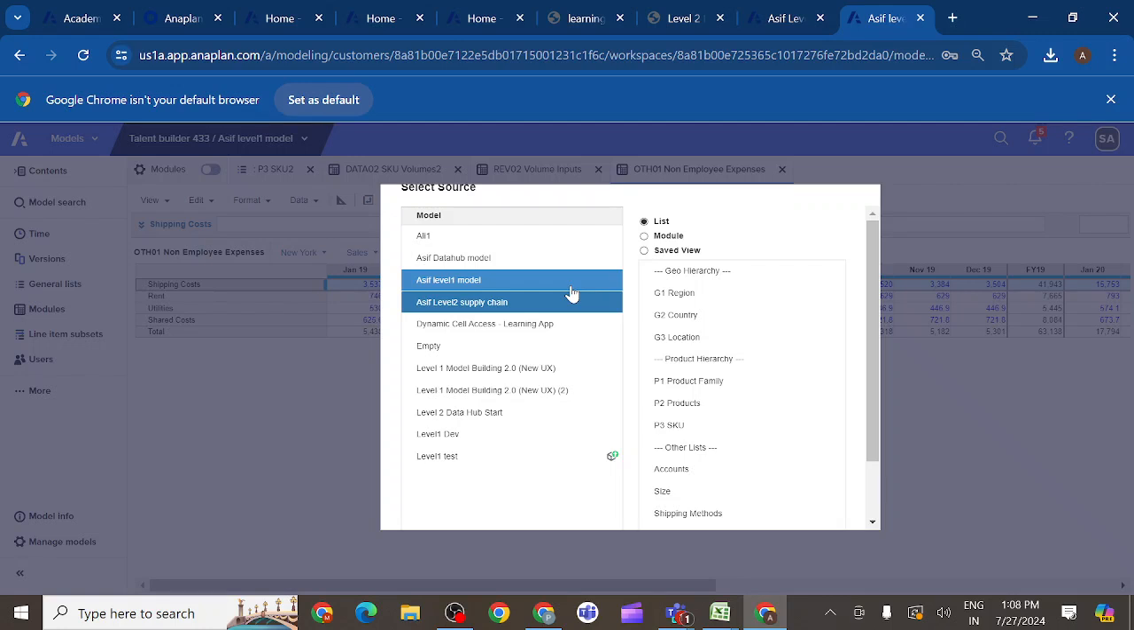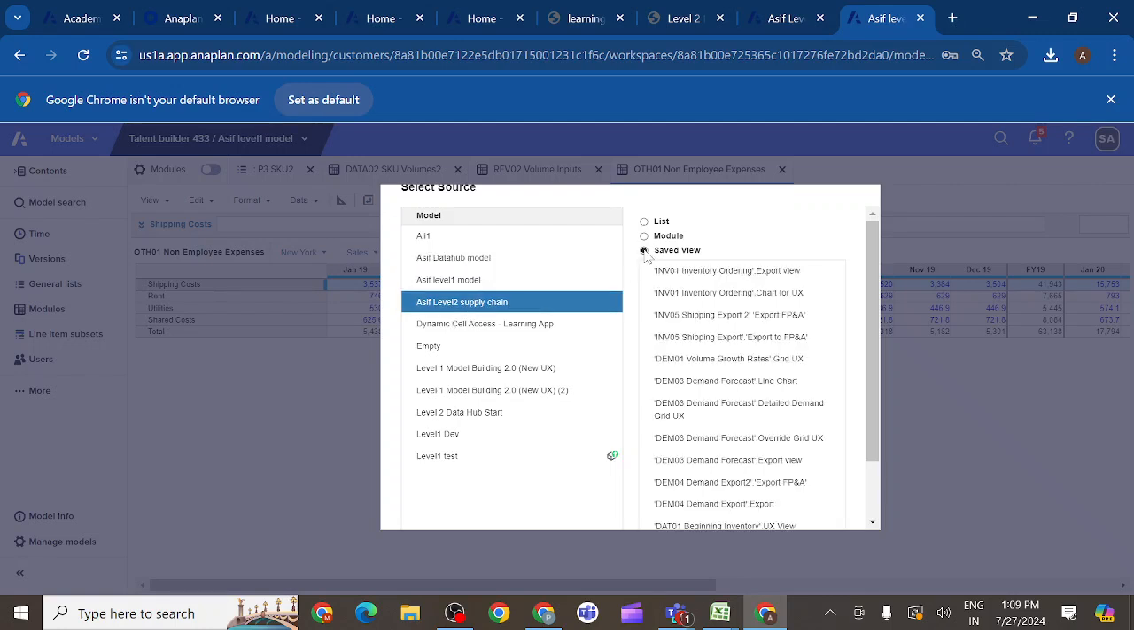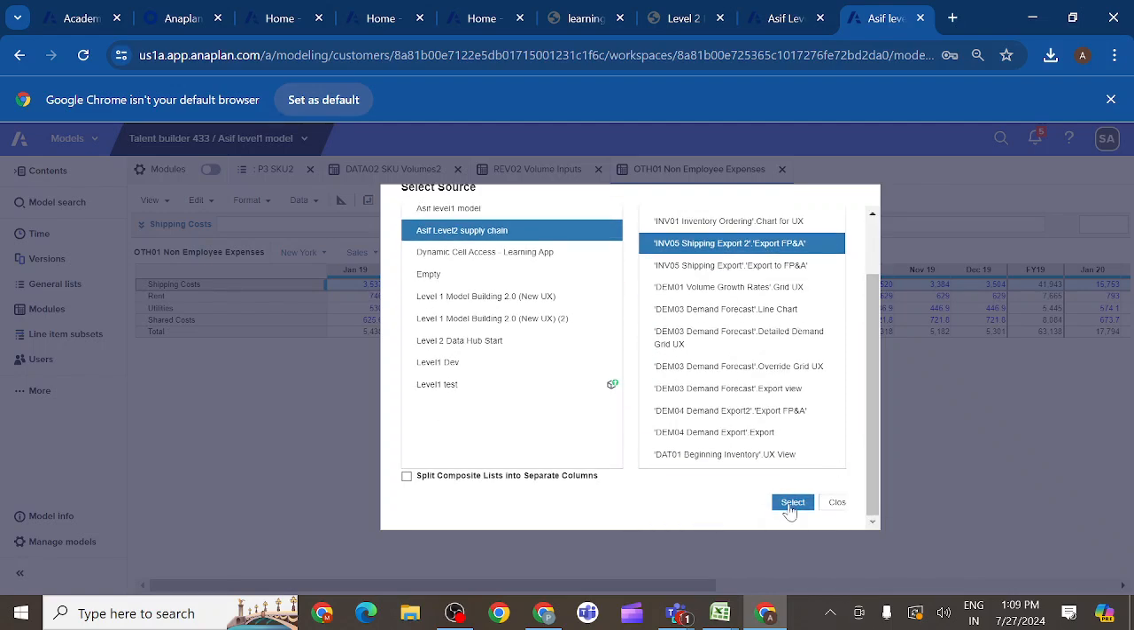Okay, fine. So actually it is loading, I think, whenever I open this model. You can see this is a supply chain model. We have created one saved view, that is the inventory, which saved view: shipping cost. So shipping cost in inventory 05, you can see two more. This one we have created just now. Is it correct? The export view. Yes, after selecting this export view,